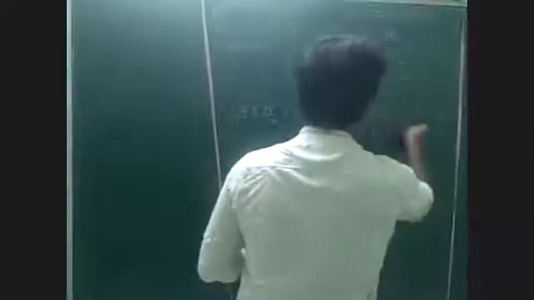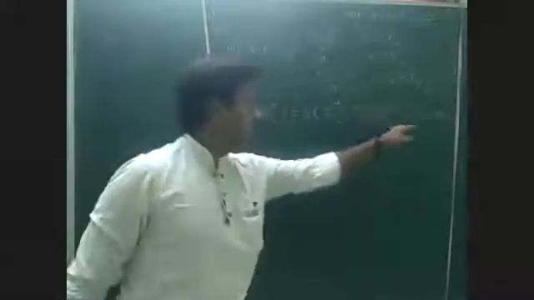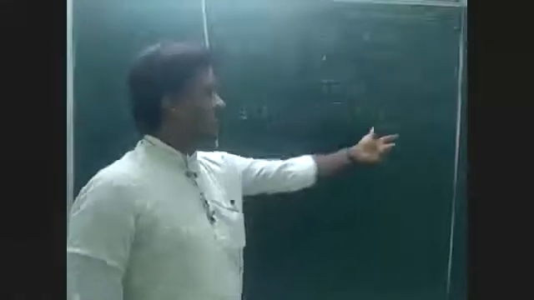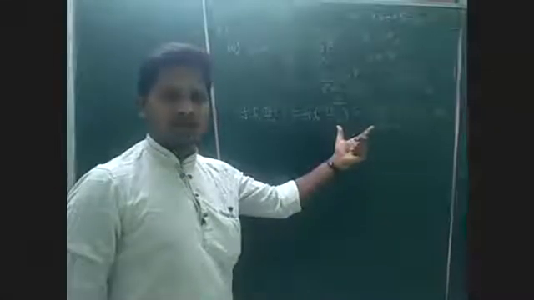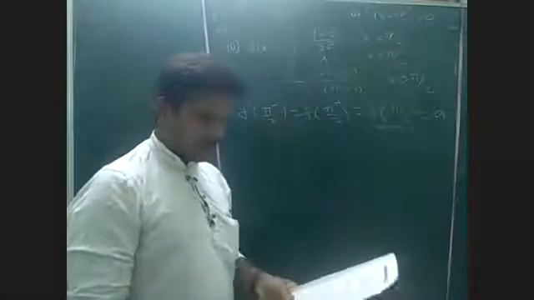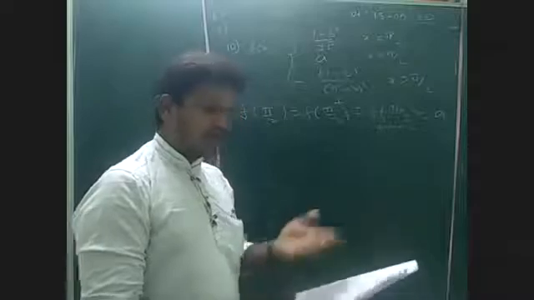Clearly they have given that f of x is continuous, which means f of pi by 2 minus equals f of pi by 2 plus equals f of pi by 2. They have given f of pi by 2 as a. So we find the left hand limit and equate it to a, and find the right hand limit and equate it to a. We will get the a and b values. Then they ask which one of the options is right.